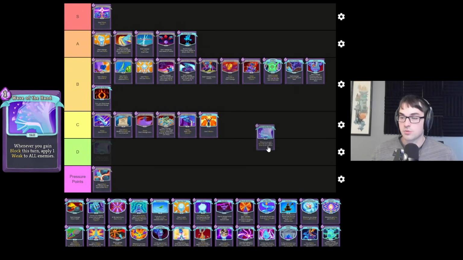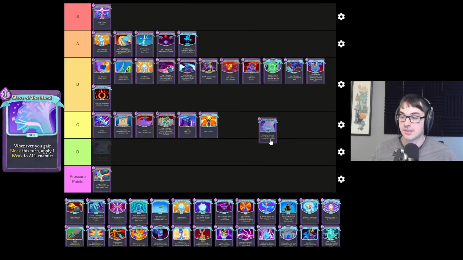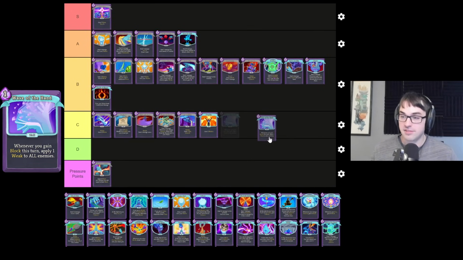Wave of the Hand applies weak whenever you gain block to all enemies. And that can happen as many times as you want during your turn. Wave of the Hand is definitely the best source of weak on the Watcher. It's not something that I always end up taking because it is a little clunky if you're just starting out on 3 energy, but where Wave of the Hand gets absolutely